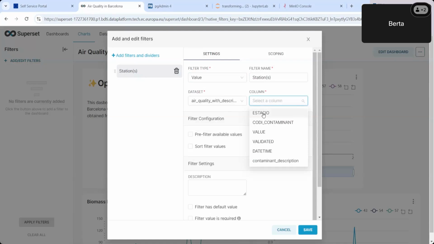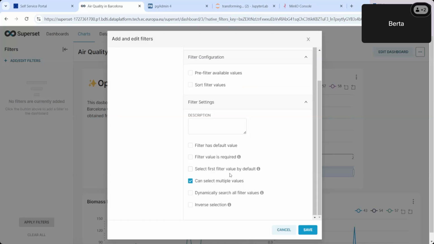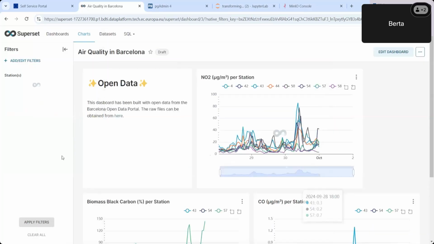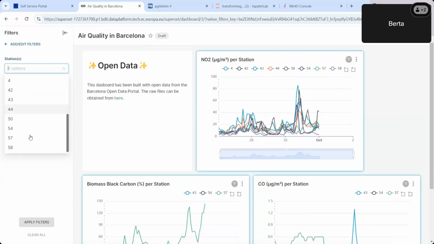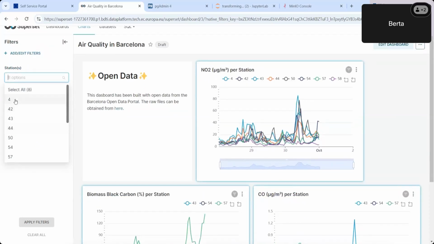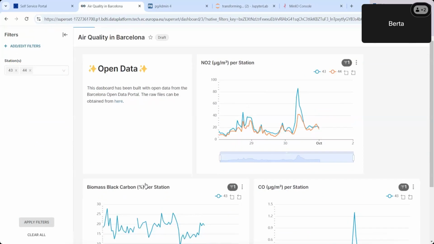Filter by the station code. And allow selection of multiple values, so we just save. And now we see here, if you want to see only for stations 43 and 44, for example, click on apply, and the graphs will automatically update.